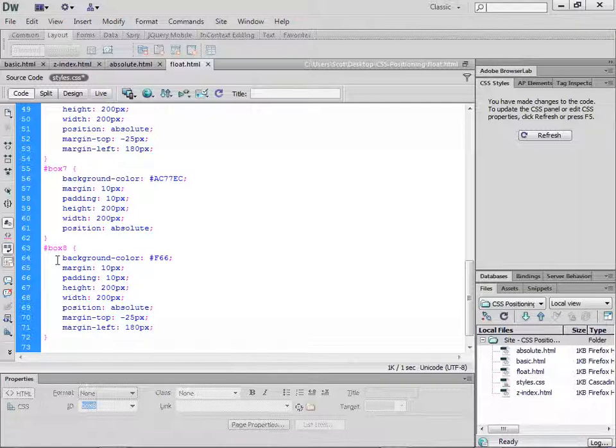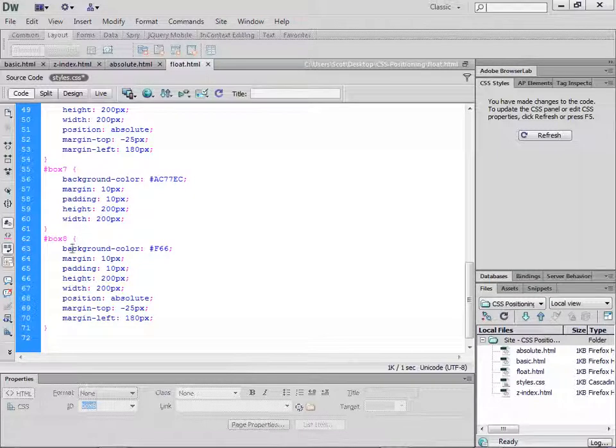Okay, and the things I'm going to change on here, I'm going to take out the position absolute, because in video number 2 we did relative positioning, and video number 3 we did absolute positioning. And this one we're not going to do absolute or relative, but we're going to simply float our boxes. So I'm going to take out the positioning element,